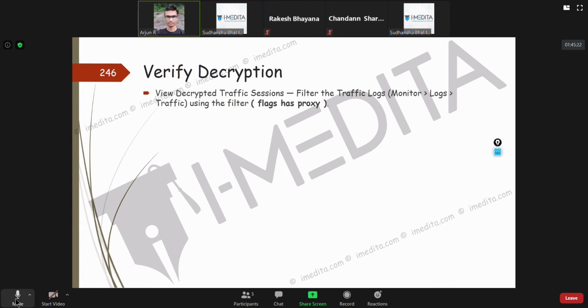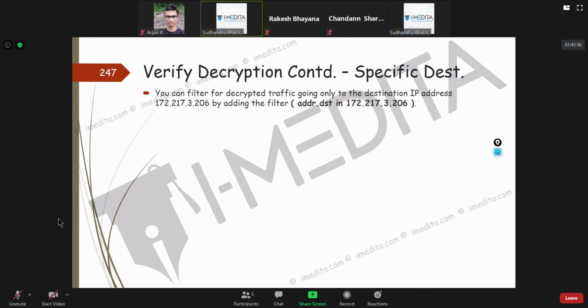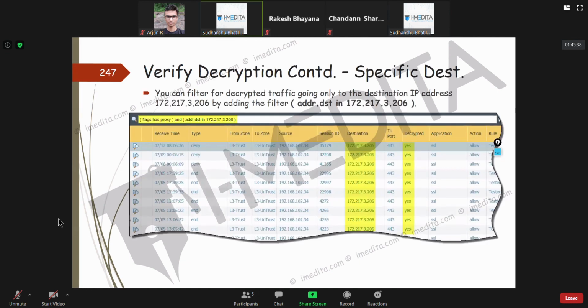This I showed you yesterday, how you verify decryption. You can go to monitor logs and see that the traffic is really decrypted. If you want to verify for a certain IP address, you can directly click on this IP address. No need to type it all here in the filter.